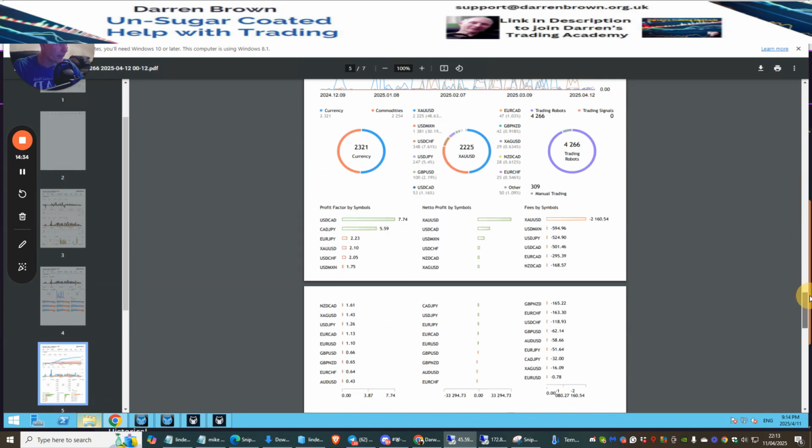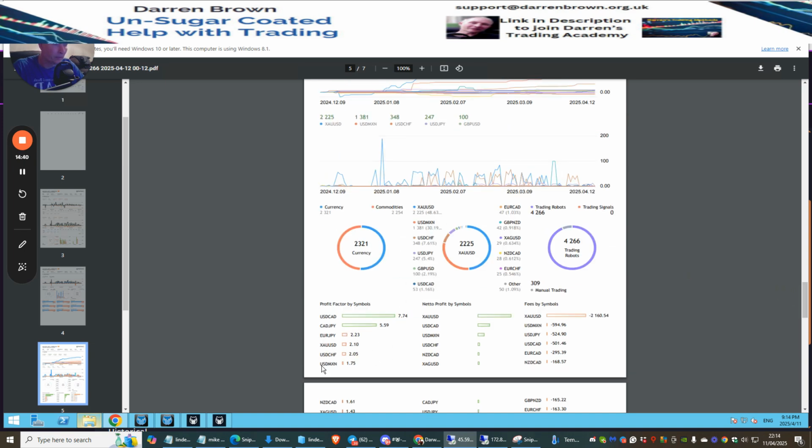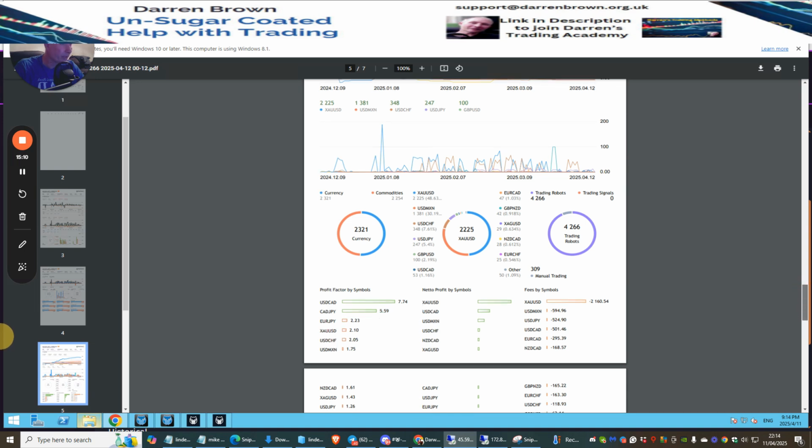Okay, so if we scroll through here, and we were looking at XAG USD, or this one's important, USDMXN, because this is my secret weapon, and you'll see that XAG USD, which is this one here, is not earning a lot of money at the moment. It's 0.634%. But if we look at the USDMXN, this is making about 30%. And if we scroll down a little bit more,